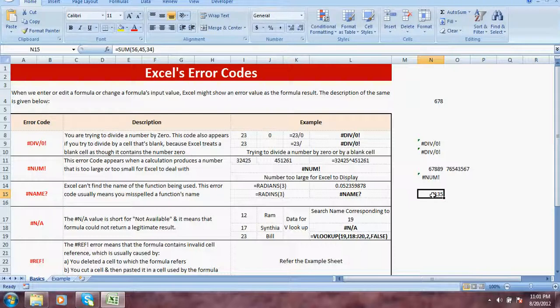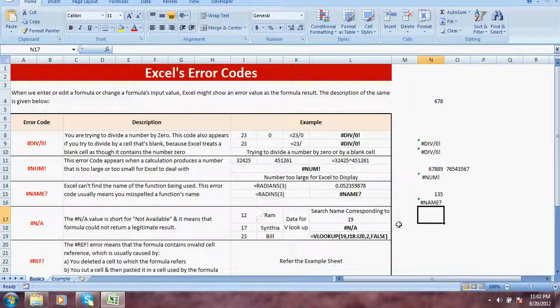But instead of SUM, if by mistake we put SIM as the spelling for SUM and press enter, it will give a name error. For reference, we have again given an example over here. If we do RADIANS of 3 it will be 0.05, but if we do RADINS of 3 it will give a name error.